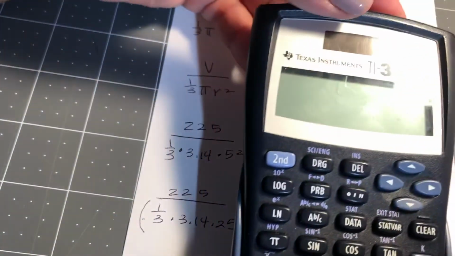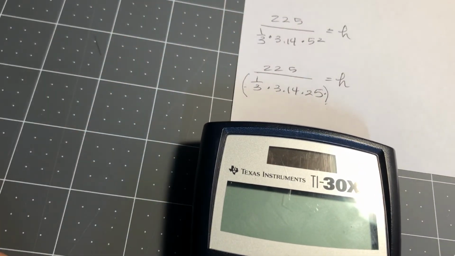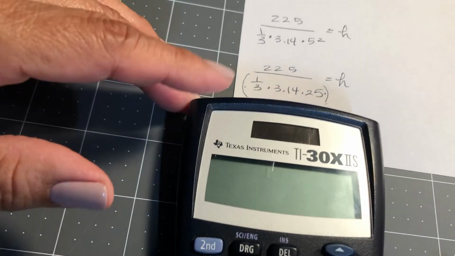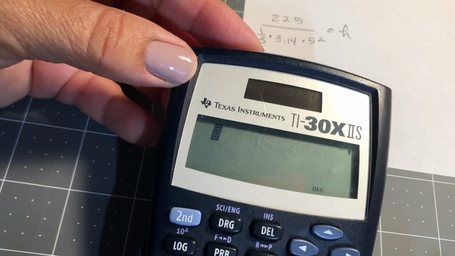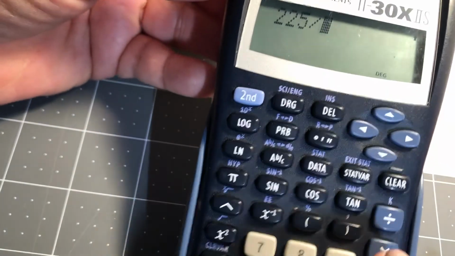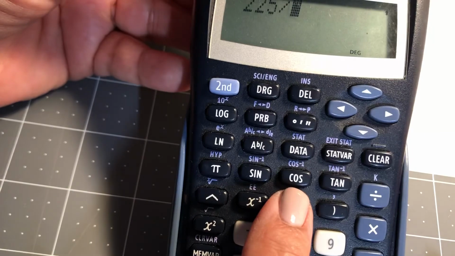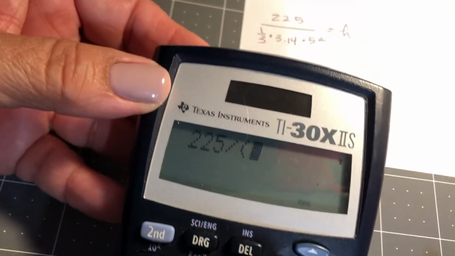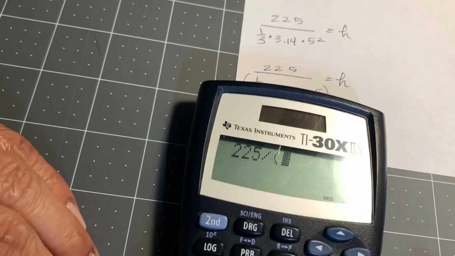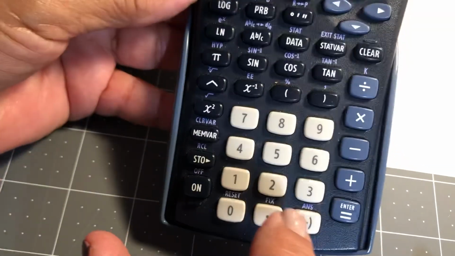All right, so we start off with 225 divided by, let me turn it on, 225 divided by, all right, hit the divided by button here. Now I'm going to put my parentheses, which is here, and I'm going to plug in everything else on the bottom of the equation. So I'll plug in 1/3, which is 1, ABC, 3,